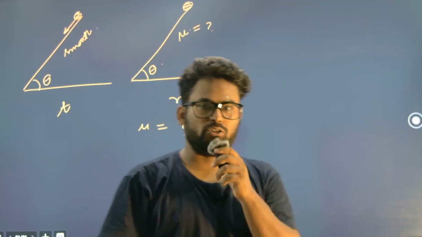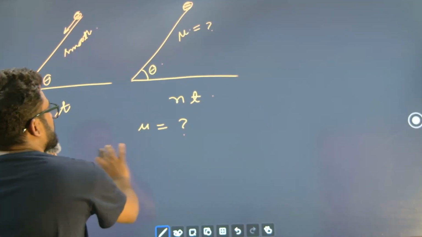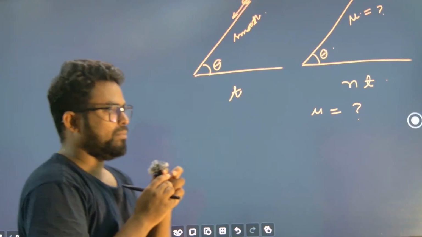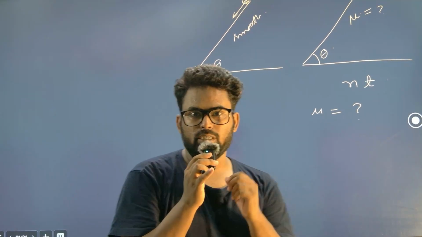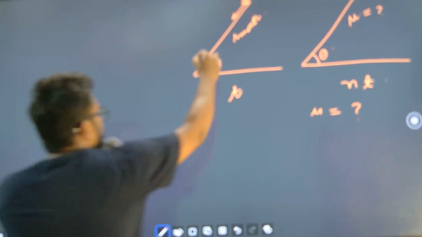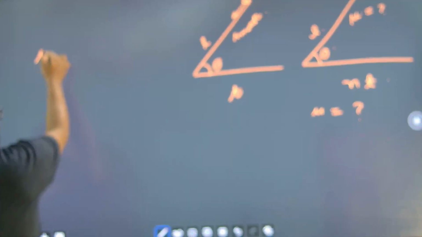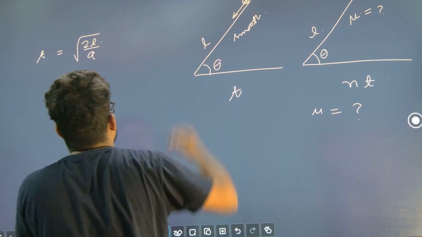This is a JEE previous year question. Okay, very simple. It is a little bit complicated problem, but if you remember the steps, if you remember the kinematics formula, the question would become very easy. For example, if they are covering the same length L, then time would be given by root 2L by acceleration along the direction.